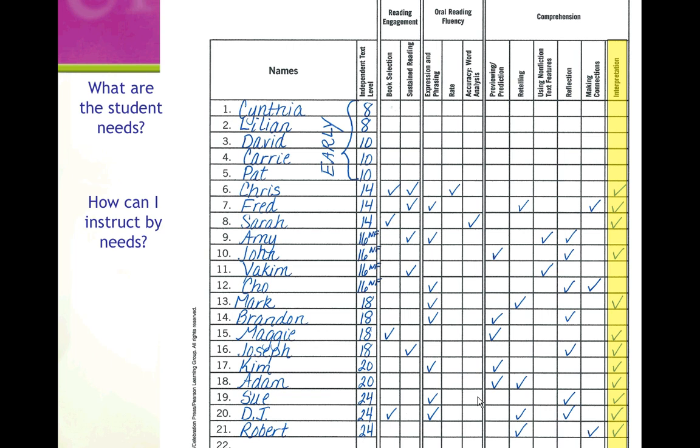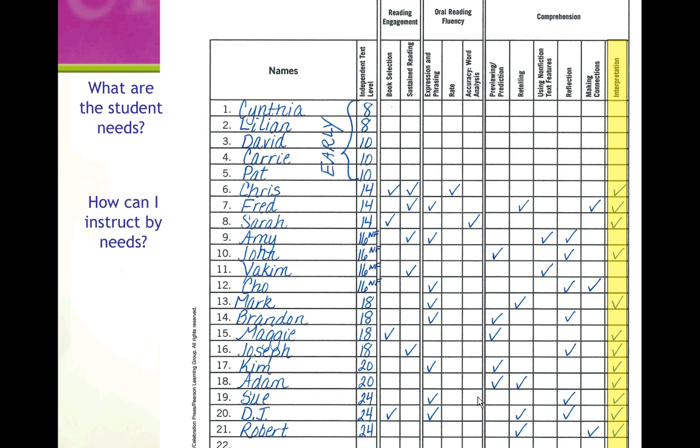That means that a majority of the kids in your class do not know how to do interpretation. So as a teacher, that would indicate you're going to have to do something with the whole class,